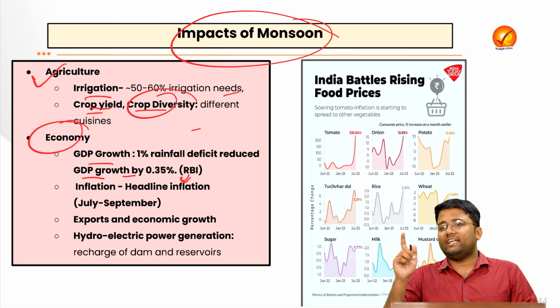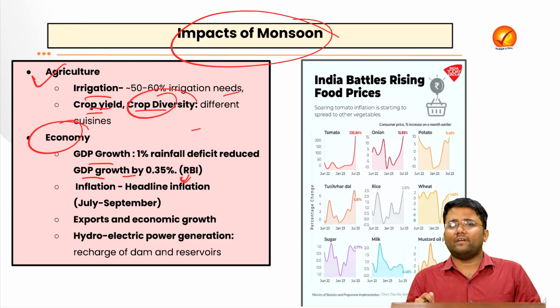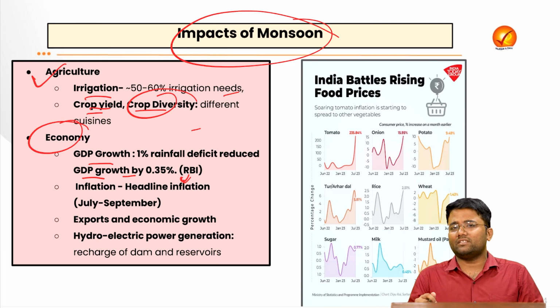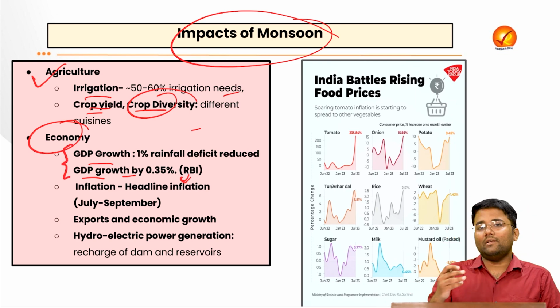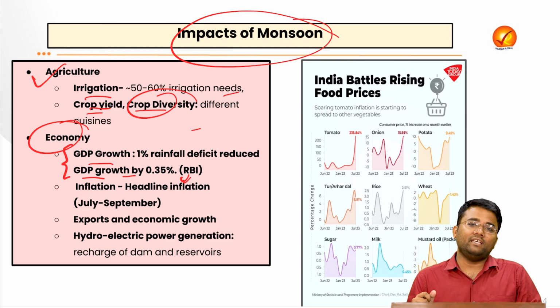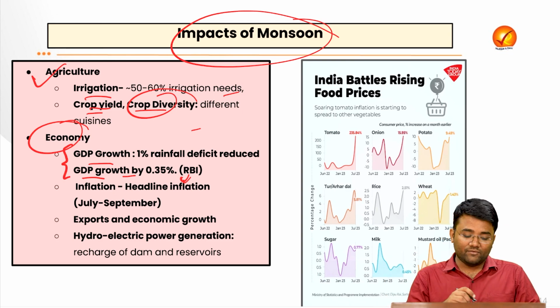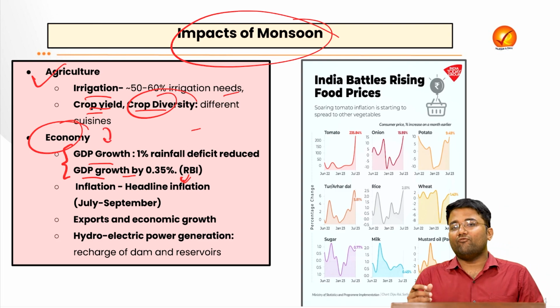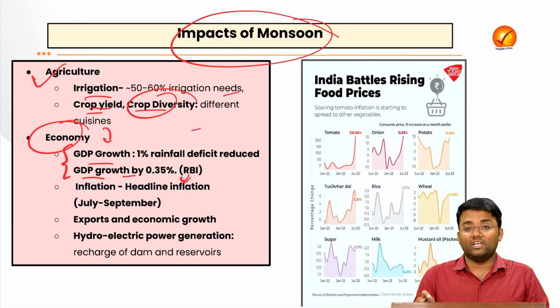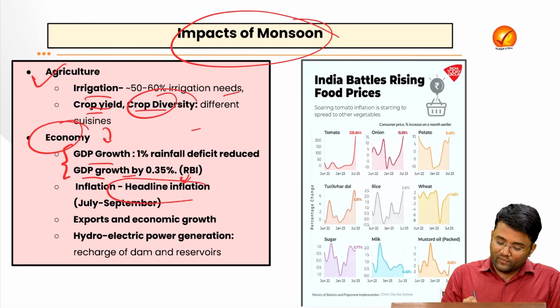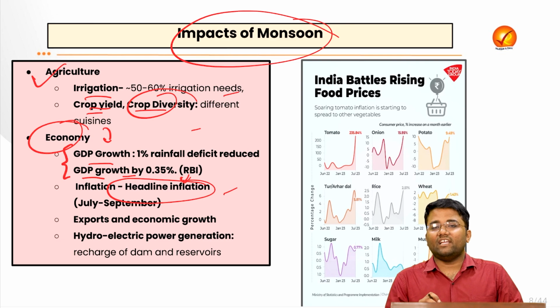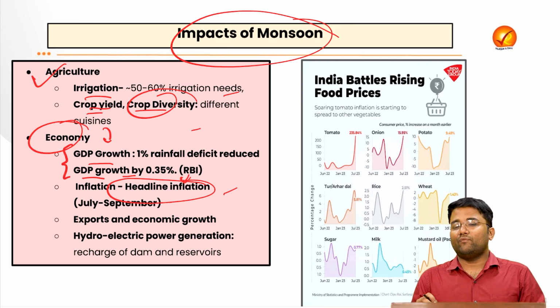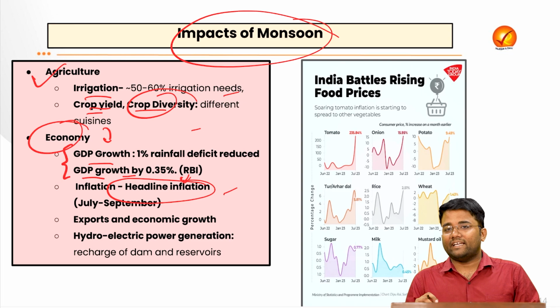And when there is deficient rainfall, when there is less production of agricultural products, obviously there will be a demand and supply mismatch. The supply would be less, demand will be more or less the same, and that will create high inflation in the economy. When there is high inflation, the demand for goods and services will decrease, household consumption expenditure will reduce, and that will negatively impact GDP growth also. So with less rainfall, with a weak monsoon, it highly impacts the GDP growth rate as well as inflation. Also, the headline inflation which we see generally, because whenever there is deficient rainfall, it will lead to high inflation because of less production of agricultural products.